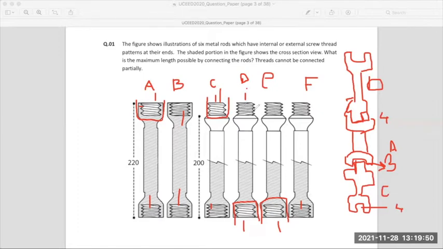For a 4 thread combination, D we have used, A we have used, C we have used. B we cannot use because there is a groove coming here. To fit the groove you have to use either E or F. In this case we cannot use E. Why? Can anybody tell me why we cannot use E here? Ma'am, because we have 3 grooves at the bottom. Yes, we have 3 grooves at the bottom and we are not left with any other option with the 3 grooves. So E is not possible. We can use F here. F is possible, right?